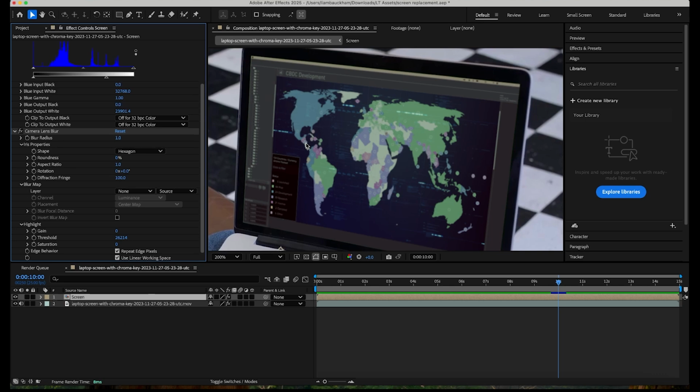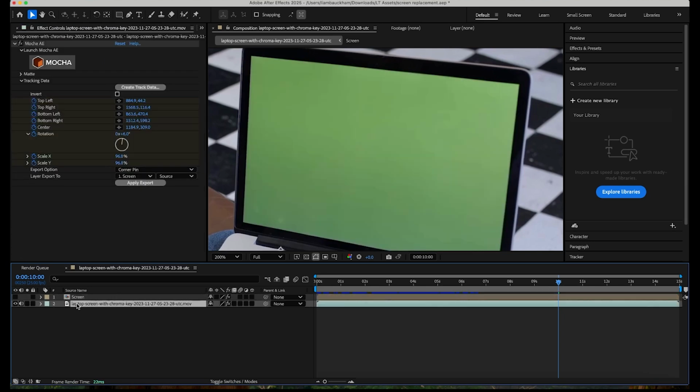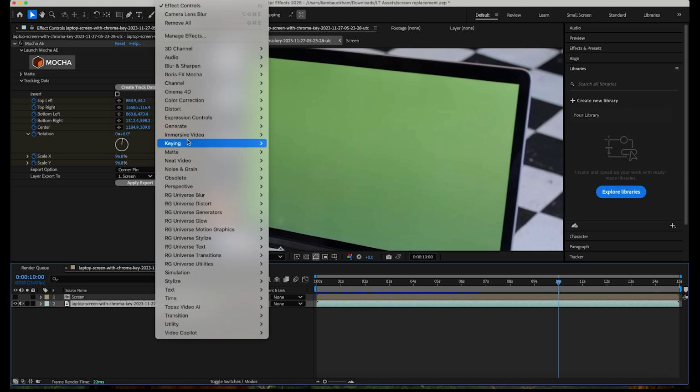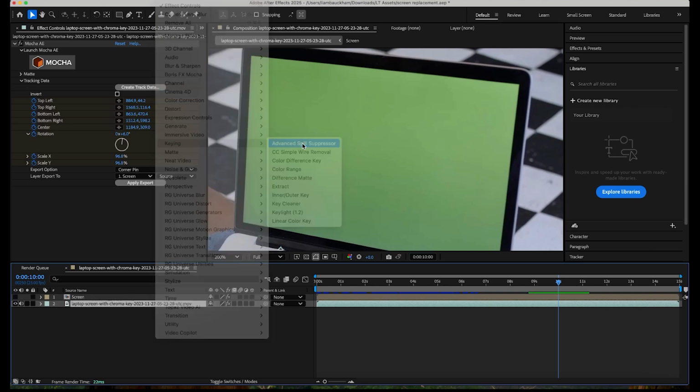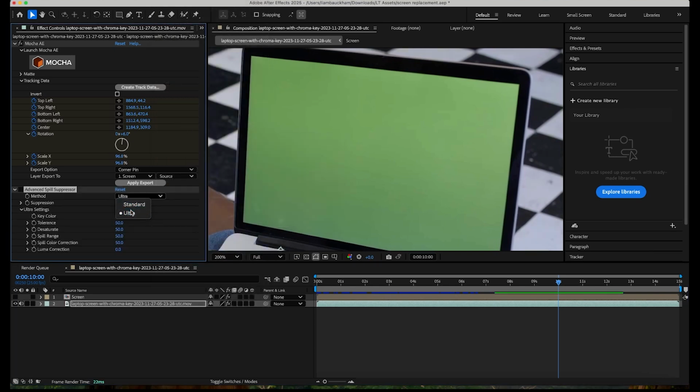One thing that can cause issues with screen replacements is the edges. Whether something goes wrong with the track or something goes wrong with the element you're putting in, you can sometimes see the screen behind it. There's a few ways you can get around that. A quick and easy cheat would be, if we just turn the screen off, go back into the original shot, go into Effect, Keying, Advanced Spill Suppressor, take that down to Ultra, and then get the color picker,